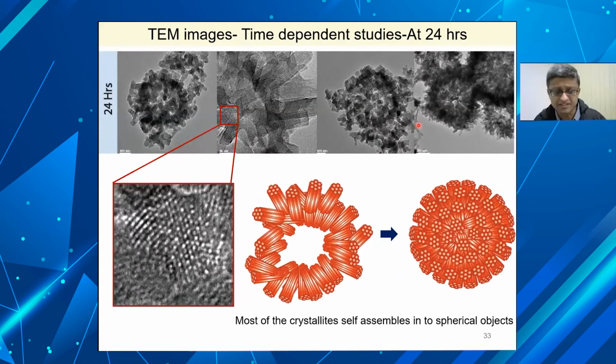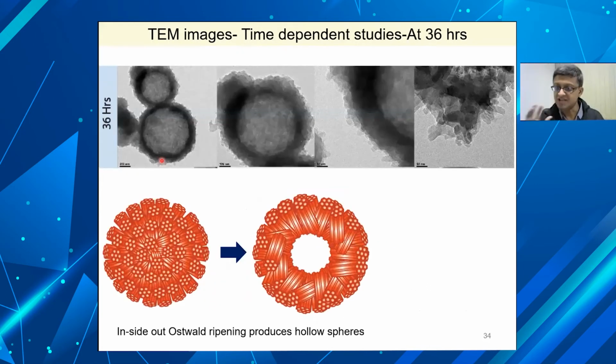We studied, and you can see these hexagonal pores so nicely visible in a routine TEM analysis. Okay. Now, what happens with time is these particles slowly start assembling, and as you can see now, as time goes on, this is 36 hours, these particles start assembling. If you continue with the reaction, they eventually form these filled spheres like this,